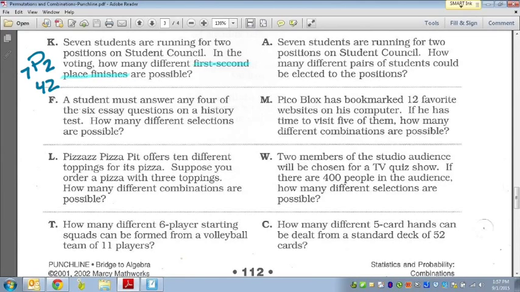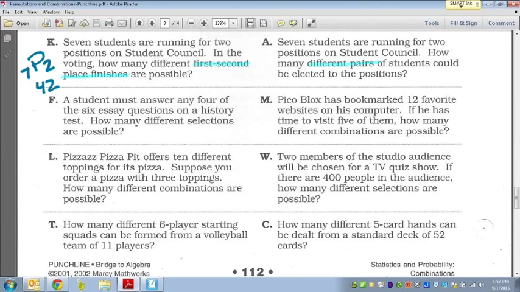All right, for letter A, again, the same numbers, but look at the question. It says, how many different pairs of students could be elected? So it doesn't matter if they're first or second place. If I just need to pick 2, who would I pick? So how many different pairs? It doesn't even matter if it's first or second place. It just is different. Okay? So that would be a combination. So this is 7 combination